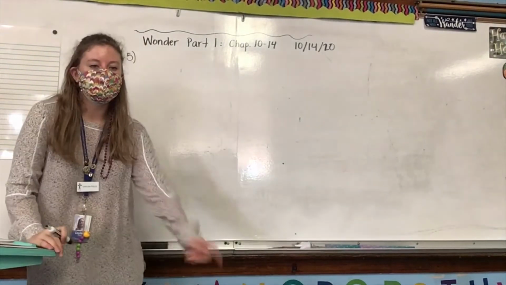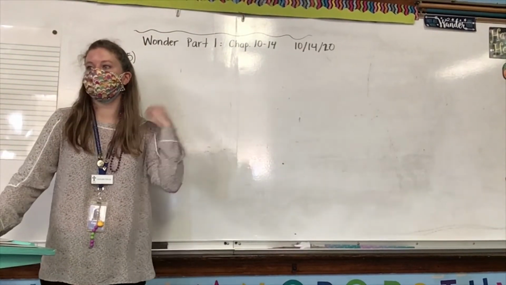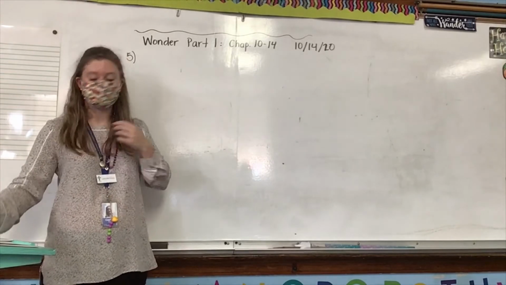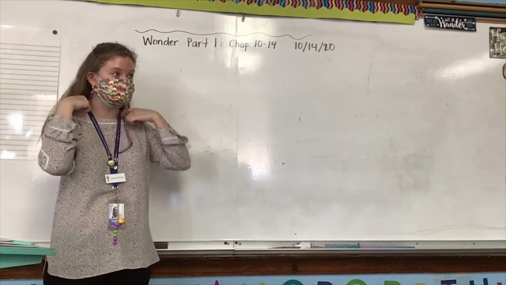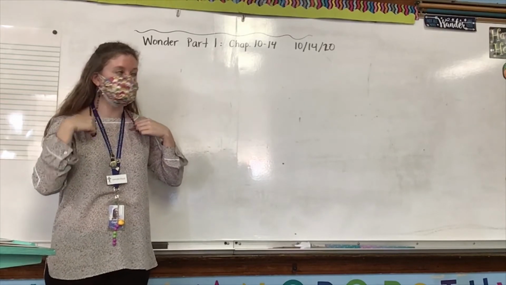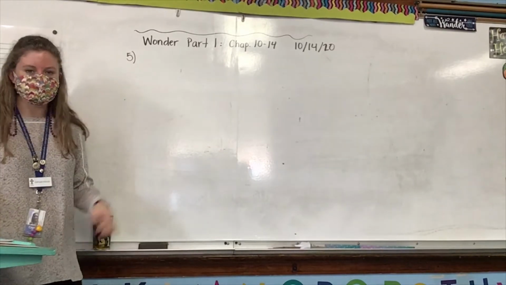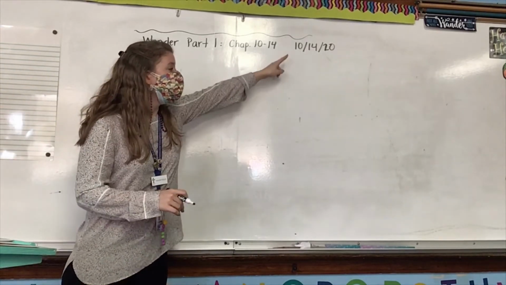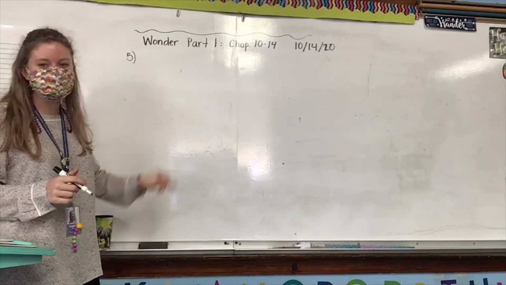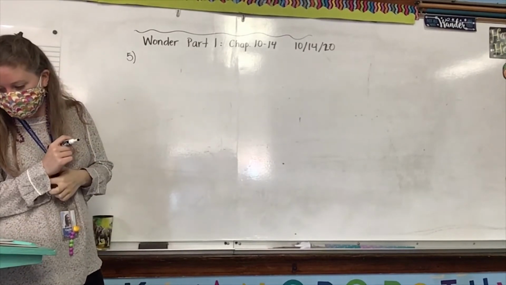So you should be on your part 1 vocabulary. We're not starting on a new page unless you run out of room and just have to go to the next page. We'll start on a brand new page when we get to part 2. But for part 1, we're starting on the same page. You should have Wonder, part 1, chapters 10 through 14, October 14th, 2020, and then we're starting with number 5,